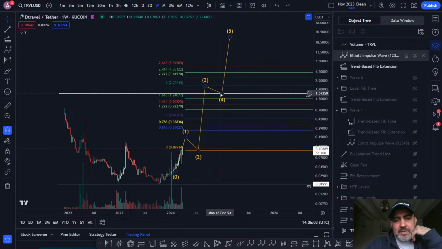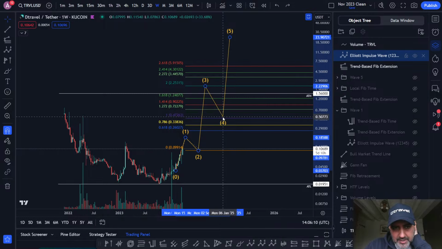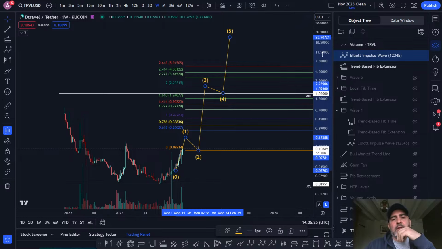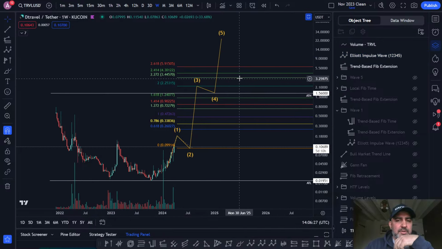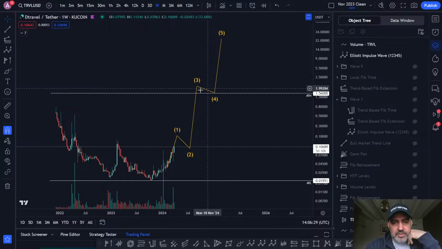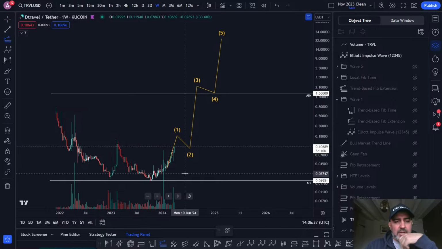The 4 is going to determine everything, to be honest with you. Whether you have a flat correction or whether you have a deeper correction. That would be deep. If you have a flat correction, the all-time high, then you're going higher. If you have a deep one, it all changes. Depends on how far the 3 gets as well. But if we want higher prices,